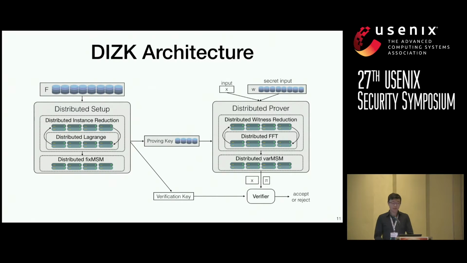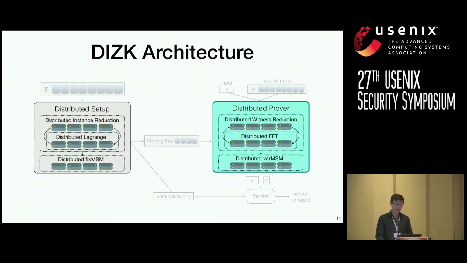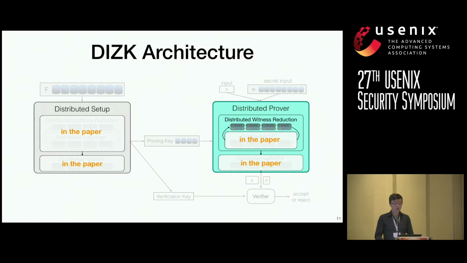For the sake of time today, I want to focus on one critical part of our system, and that's the distributed prover. You'll find detailed explanations for all of our techniques in the paper. And today I want to discuss one critical component in our system, that is the witness reduction. I will go over our thought process for distributing this, and also show you some of the off-the-shelf approaches to computing the reduction, and lastly show you the tailored approach that we used to make the witness reduction itself both scalable and parallel.